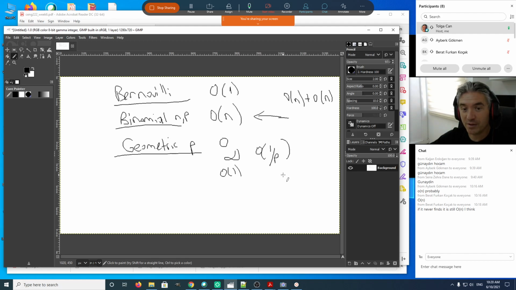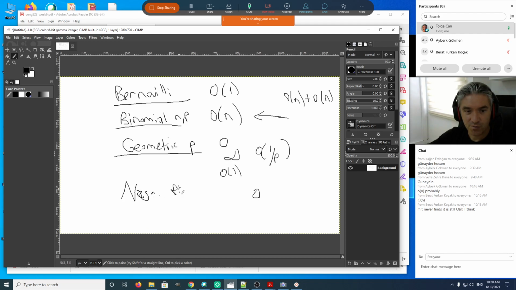So it will just take one iteration. If your p is small, you're going to tend to increase, and the while loop is going to run more. So we can say the expected value of this geometric variable is the average running time to generate a single geometric random variable, and this will not surprisingly be